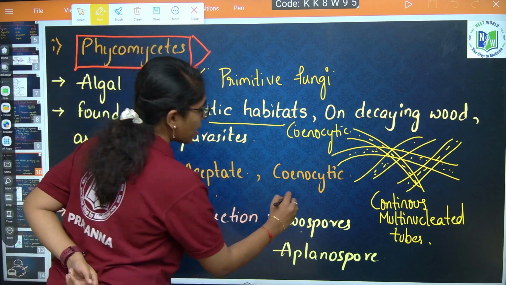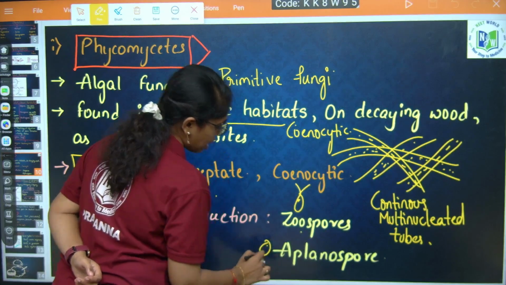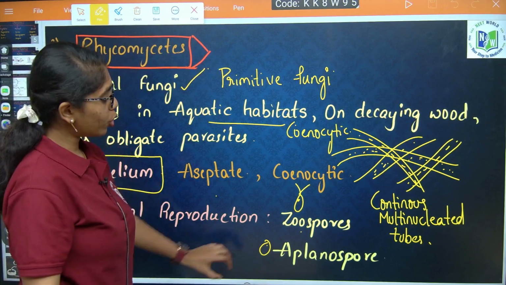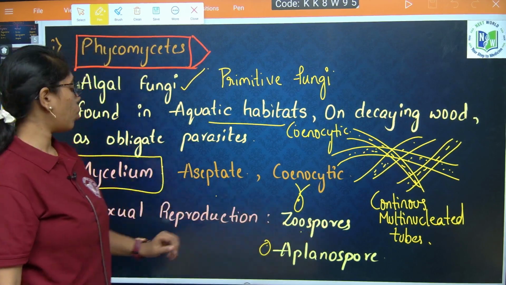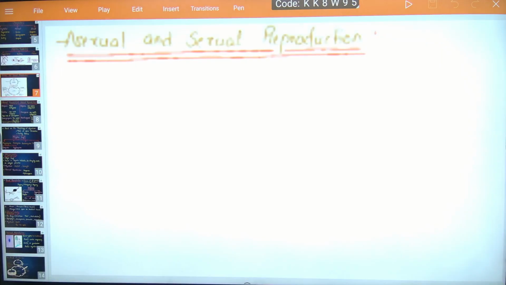Zoospores, which are motile. Zoospores are what? Motile. Aplanospores are non-motile. Both of them are endogenous only. Next, if you see sexual reproduction,